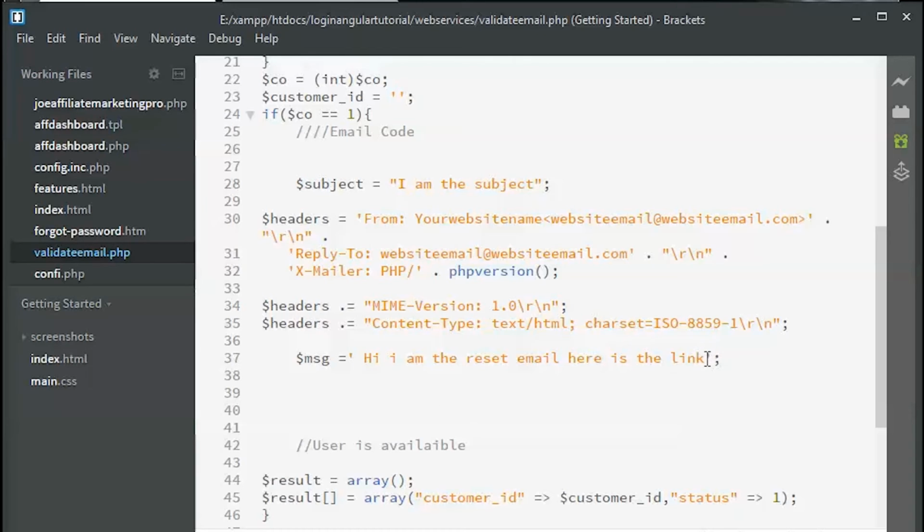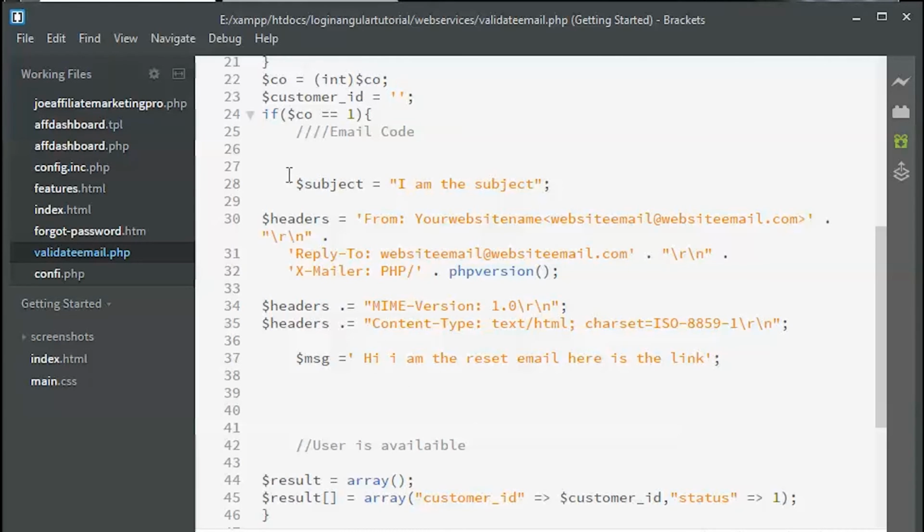So yeah, I'll be providing the link, and the customer should be able to reset the password after clicking on the link. So the final part of the email is to use this code.